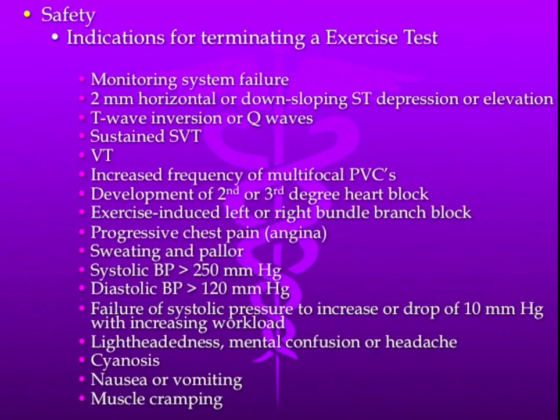Okay, when we do cardiopulmonary stress testing, some of the indications that you want to terminate the test. Obviously, if your monitor's not working, you probably don't want to do the test. Just like any stress test, if you start seeing ST depression, T-wave inversion, ectopy, an occasional PVC is not a big deal, but somebody who gets SVT, VTAC, increased frequency of multifocal PVCs, second or third degree heart blocks, exercise-induced